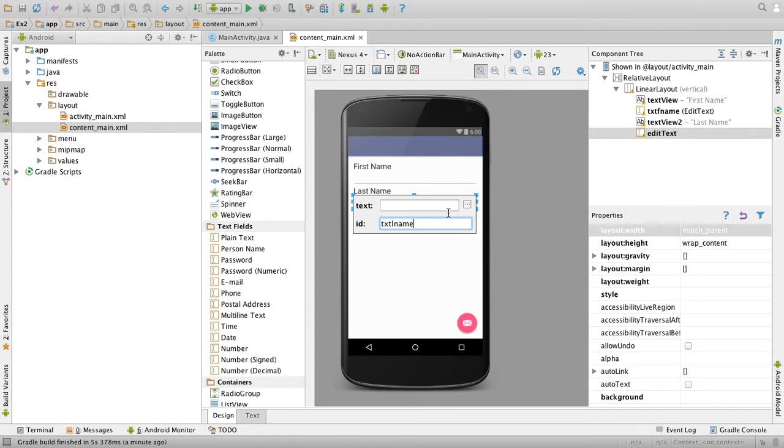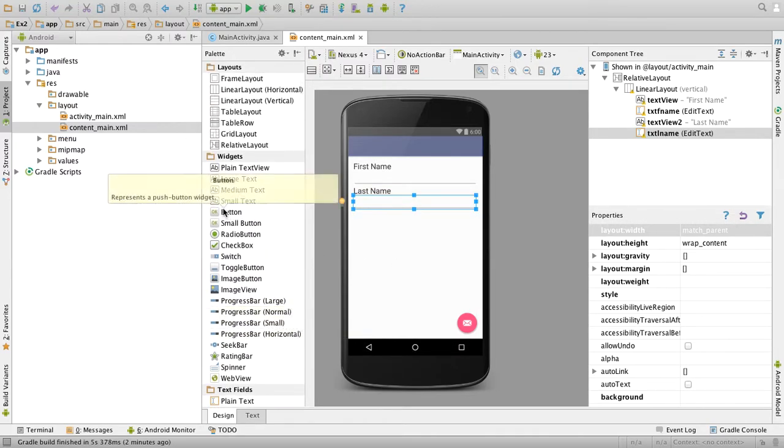To get the value of this edit text or the text field, we will be using this ID. ID is an identifier for that component. So if you give our custom names, it will be easy for us to remember and use it in our program. So then drag a button to the screen.